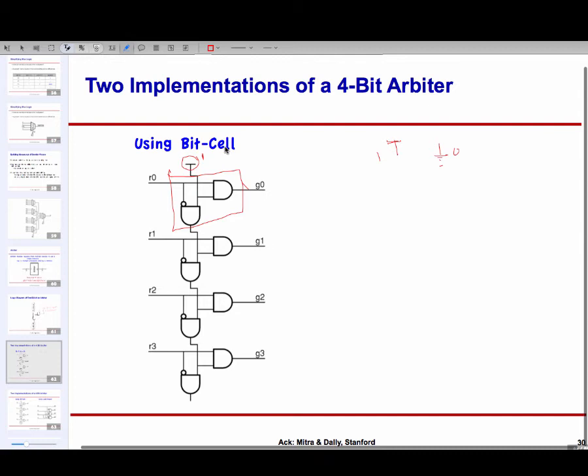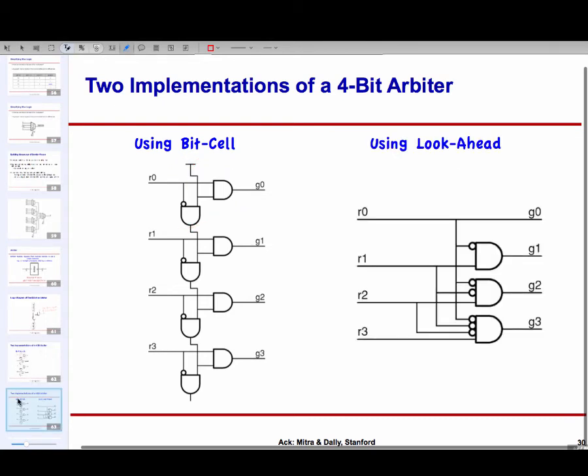Okay, so this is an arbiter, and arbiters are extremely useful in computing devices because there are a lot of shared resources. There might be a network card or a radio or a bus in your computer, which multiple entities may be competing for, and therefore this kind of arbitration logic is present. So this is a 4-bit arbiter. This is also a 4-bit arbiter.